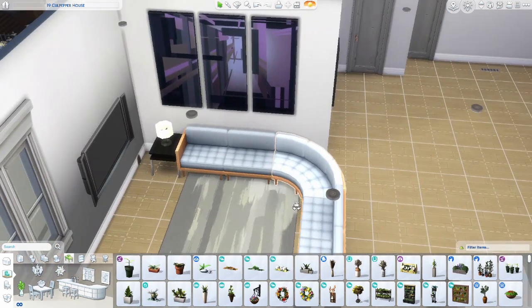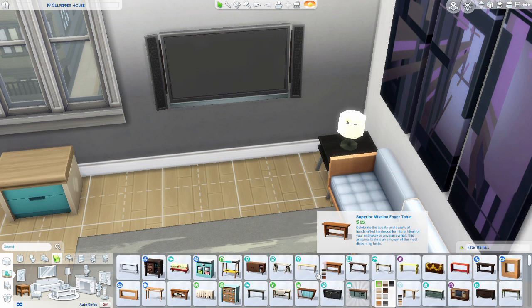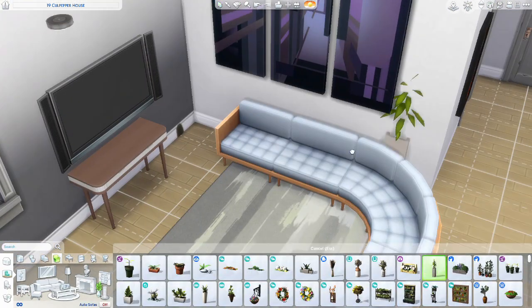We're just going to be adding some items on the side tables. I added the side tables a while ago, and now we're just going to be adding a little TV coffee table or TV console. Yeah, this felt like a little bit empty, but I wanted it to be empty so